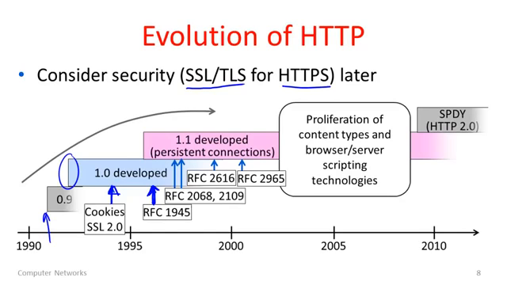So version 1.0 was developed over a period of a few years and standardized, eventually around '96. By the time it was standardized, people had already begun to move ahead to HTTP 1.1 with other new features that we'll look at, including what's called persistent connections. And HTTP 1.1 was then standardized, I think it's probably this arrow here, with RFC 2068, and then later revised